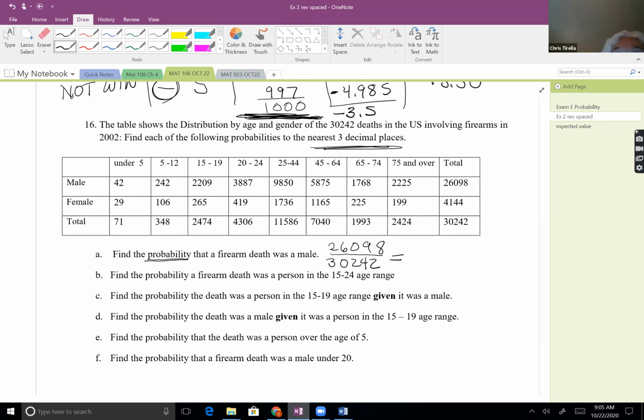And round carefully. That gives me 0.863. If you don't round carefully, if you just take those first digits, this last digit would be off. My labs would not give you any credit. However, if I looked at your work and saw that you started with the right fraction, I would give you credit. I'd just take, like each question's worth 1 point, you would get 0.9 instead of a whole.